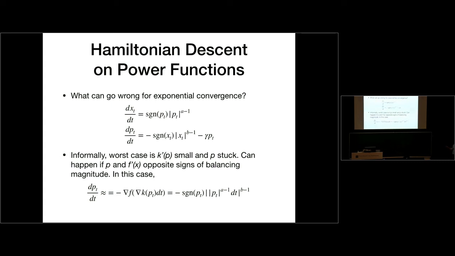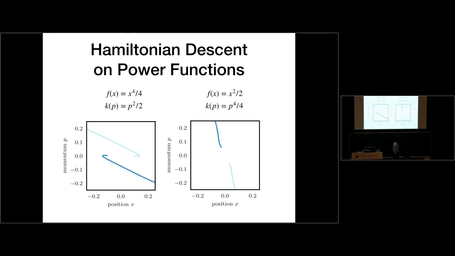That's like the worst case: when the change in your momentum is small and the change in your position is small. When these two terms have balancing magnitudes, we can think of them as roughly being just the gradient of f at that point times some very, very small constant. And so the change in the momentum at that point in time is going to be roughly the gradient of f times a little tiny step size, which is going to look sort of like this. Okay, so this is what the failure mode looks like.